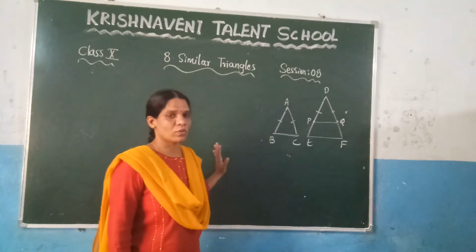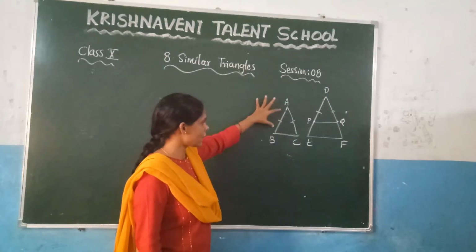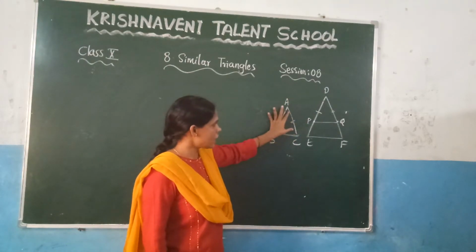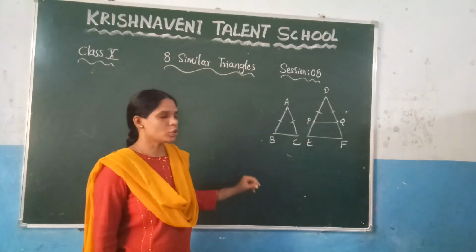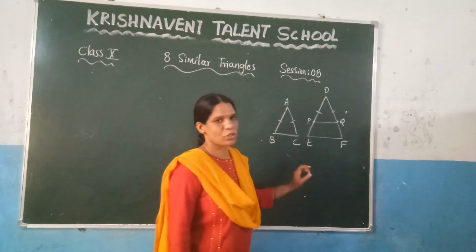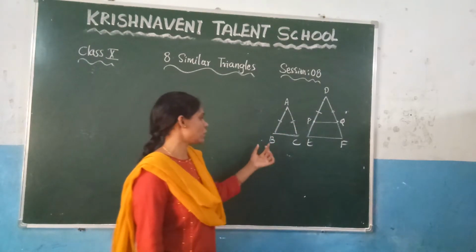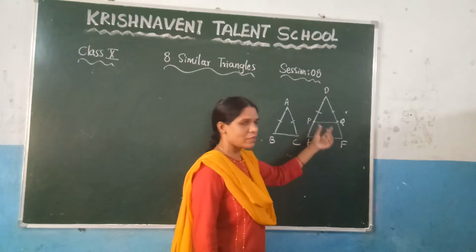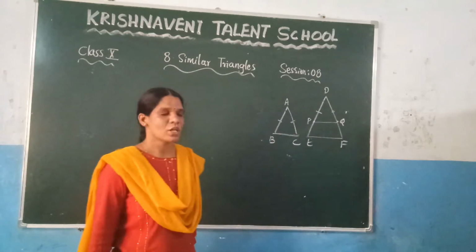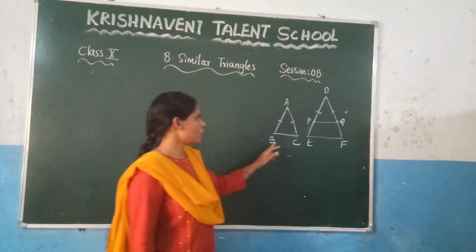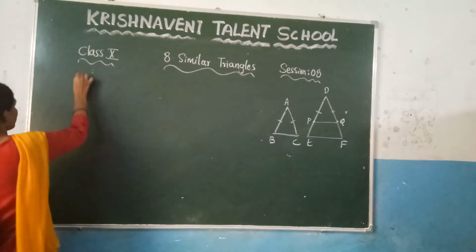So how are we going to prove this? Let us prove it here again. By our construction we know that AB is equal to DP and AC is equal to DQ. To prove this theorem, we need to prove that this triangle and this triangle are congruent. What is the other criterion we need? If we can prove BC is equal to PQ, then by the SSS criterion we can say that these two triangles are congruent. So here we are going to prove BC is equal to PQ. How to prove it? Let us see the proof of the theorem.